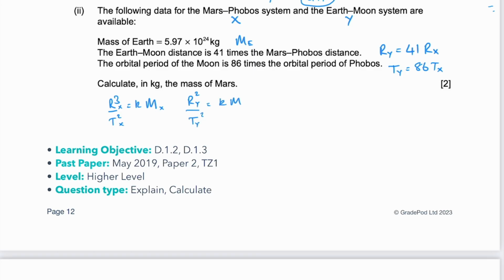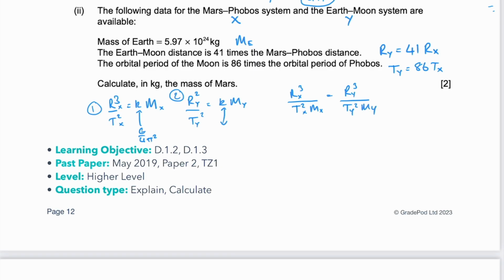What we also know is that the k's are equal. That's equal to G over 4π², and so is that. What that means is, if we rearrange each of these equations 1 and 2 for k, we can make them equal to each other. So Rx cubed over Tx squared Mx is equal to Ry cubed over Ty squared